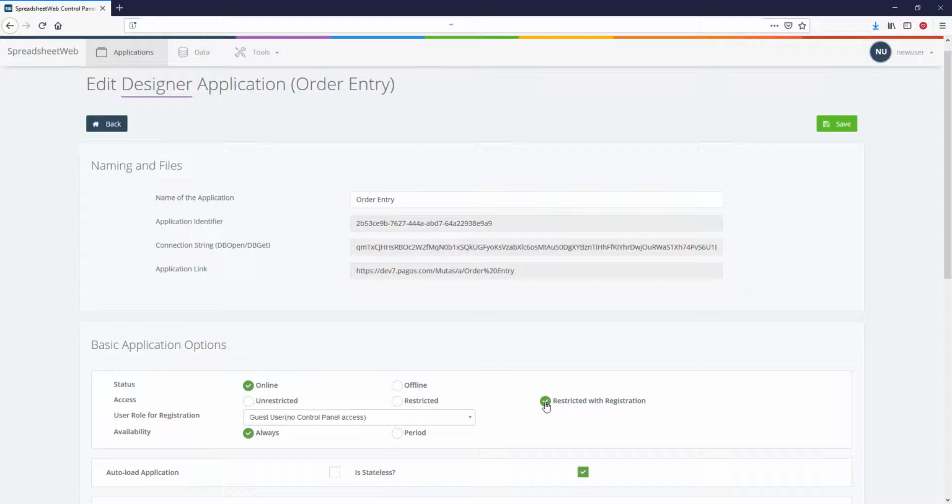Here I have an order entry application where customers can enter their order details and find out how much they need to pay for a set of items. We can also capture this data when the user presses the Save button. Let's also assume that we don't know how many users we're going to need to create. We're also going to want to save this data for internal use, and we don't want to open this application to anonymous users. For this, we need to select Restricted with Registration for the application to accept new user registrations